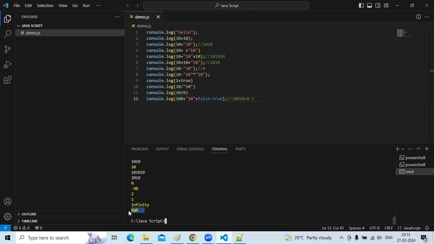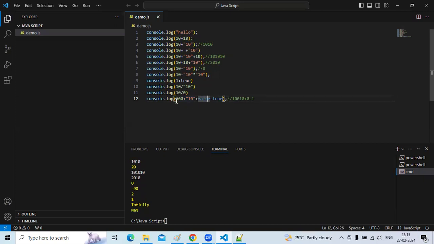NaN. Why will it come as NaN? NaN means it is not a number. Because here we are adding the boolean values. If we are adding the string with the boolean, it is not a number, right? If the first value is a number, then it will work.